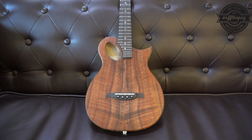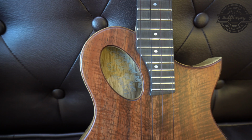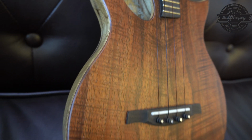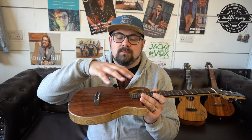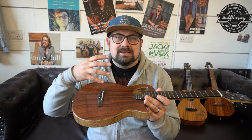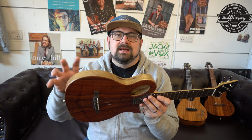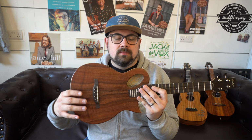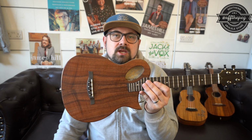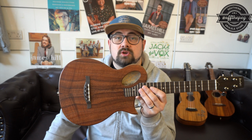I would have to ask Pete, because I've never looked under the top, but if you do look inside and you talk to Pete or you watch his videos on his Facebook page where he talks about the design, there is an internal, almost twisted bracing system inside this instrument that creates more resonance. Rather than having traditional back and sides, you have a body and a top layered on top. And the top on this instrument is Big Island Hawaiian koa, which was sourced and ethically sourced by Joshua Johansson,